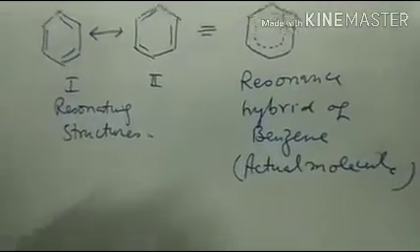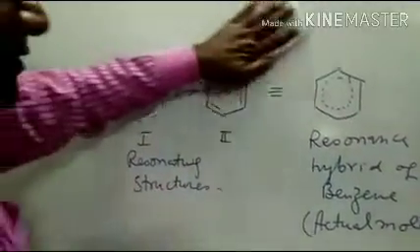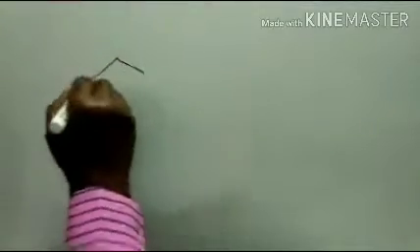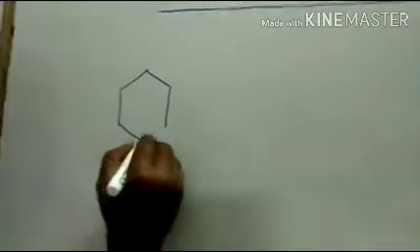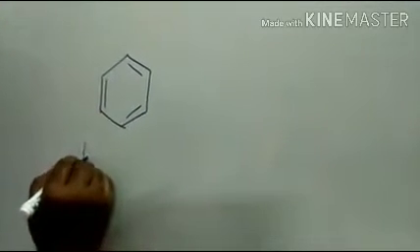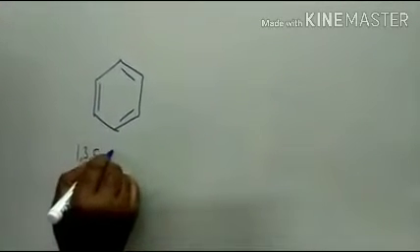The heat of hydrogenation data clearly indicates the difference between the resonance hybrid and the resonating structures. Benzene, the first resonating structure is like this. It is written as 1,3,5